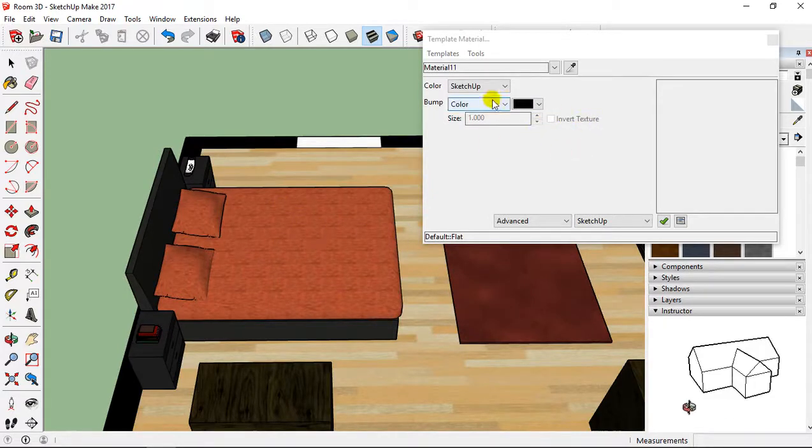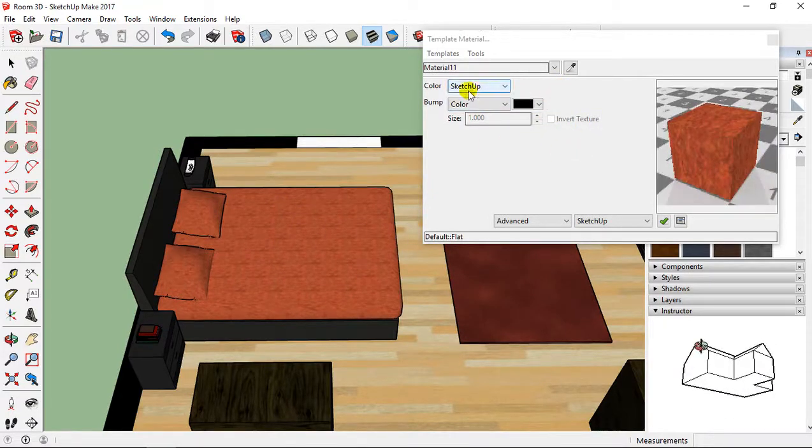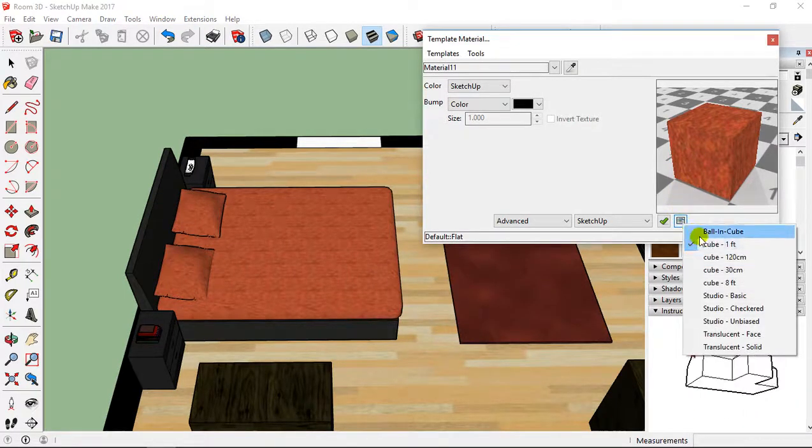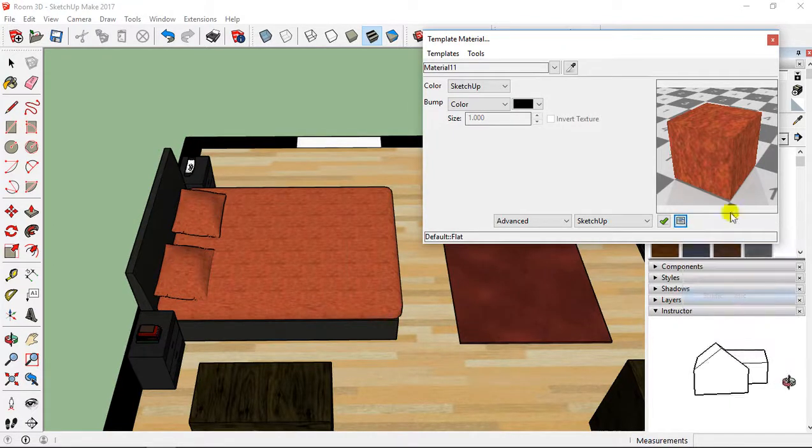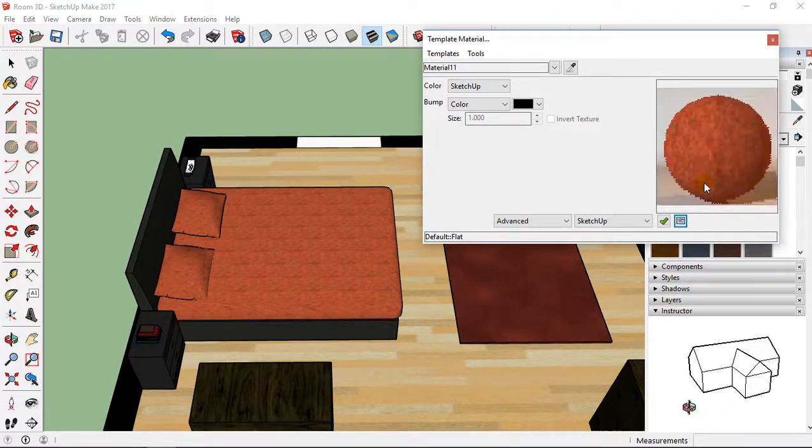When you click on this, you can see the number of your material appears here, and here is the texture. On the right, you have a preview of your texture. Then you can also go here and change it. For example, you can select Studio Basics, and you are going to have this.